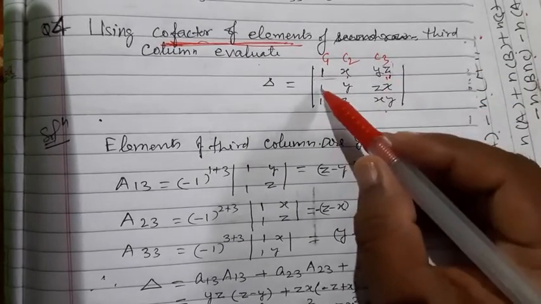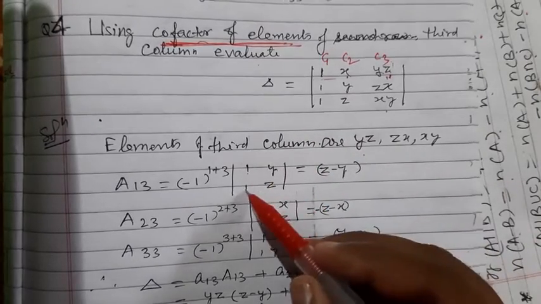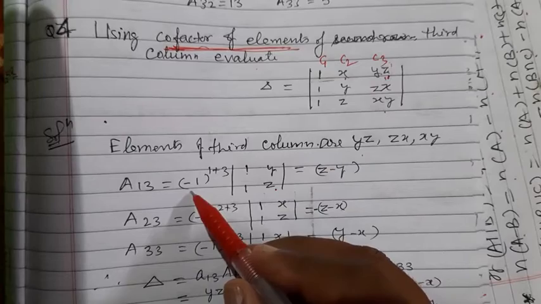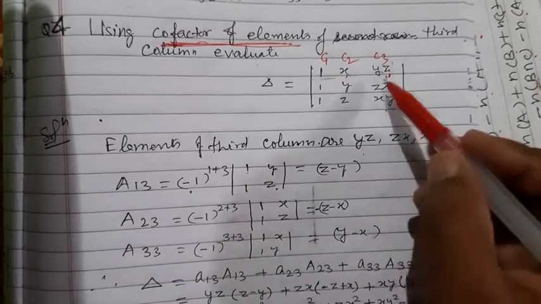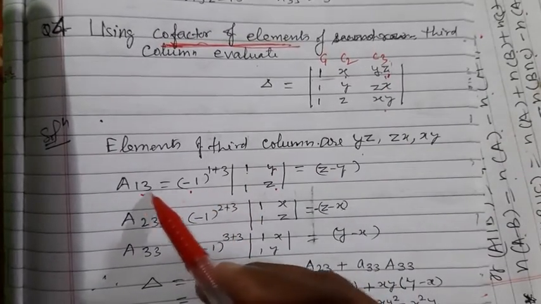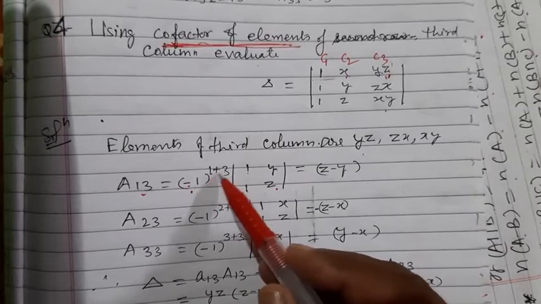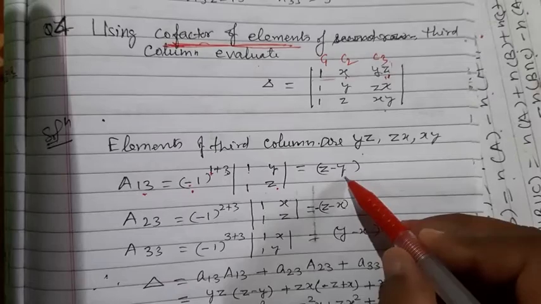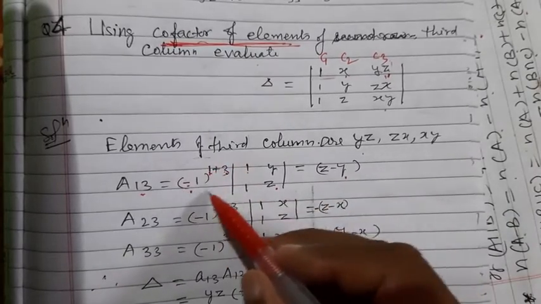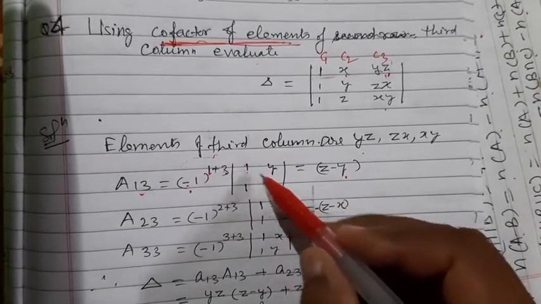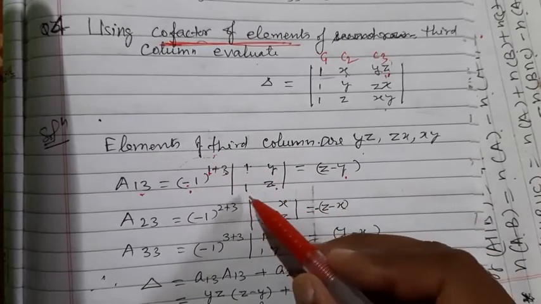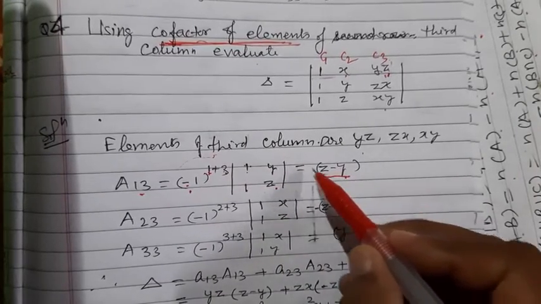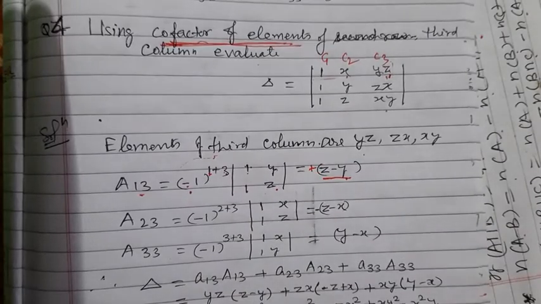तो बचेगा 1 y, 1 z और माइनस पे पावर क्या लगाएंगे, 1 + 3, क्योंकि इसका इंडेक्स 13 है, यानी 1 और 3. तो हम लिखेंगे माइनस 1 पावर 1 + 3. इस तरह से इसका साइन पॉजिटिव हुआ और इसको हम क्रॉस मल्टीप्लाई करेंगे, 1 × z माइनस 1 × y, यानी z माइनस y, और z माइनस y पॉजिटिव है.